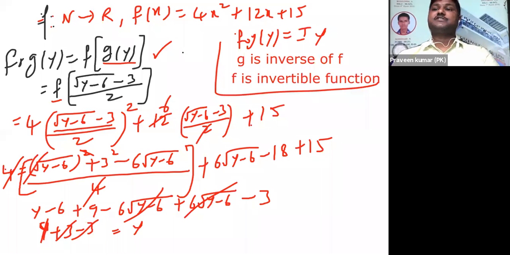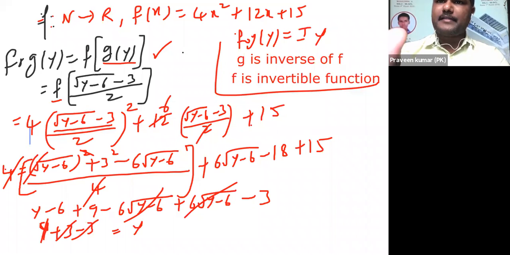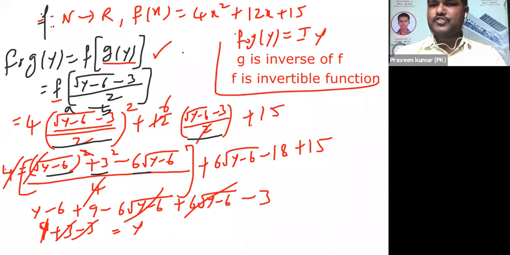Same as the 9th question, Akshita, correct? As it is the same as the 9th question, what we did in the previous question is the same model. But in the previous question they didn't give f inverse of y. In this question you can find f inverse of y. This step, one more time you see. 4x square, this is x, in place of x this term. 12x plus 15. After that, this is a, this is b. A minus b whole square formula: a square plus b square minus 2ab. Then terms cancel, you will get the answer.